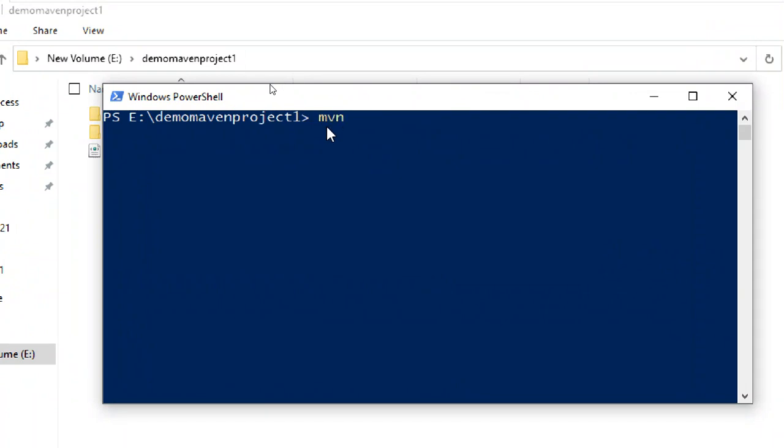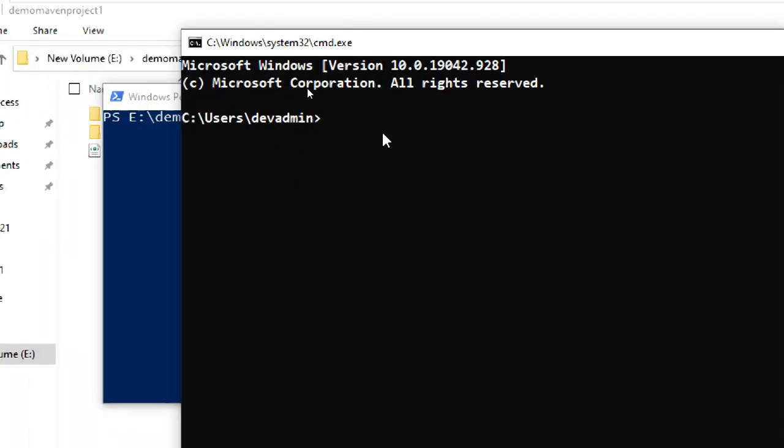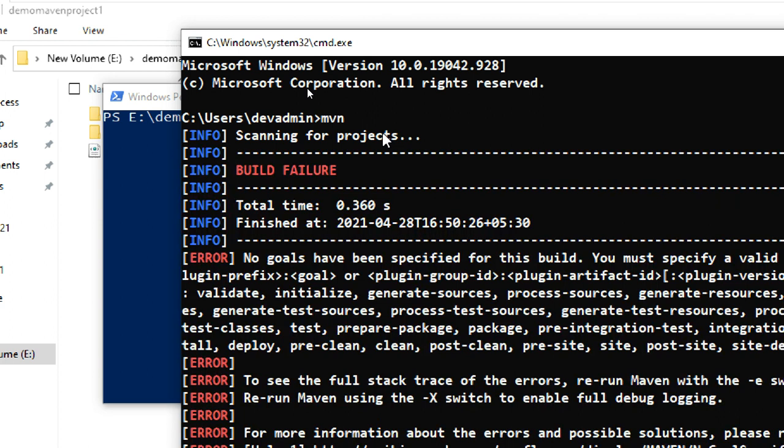First of all, normally in CMD, we have to check whether Maven is installed or not. Very simple: mvn, enter. It will display the Maven commands. Simple, mvn enter, that's enough. So it will display all the mvn commands, what commands are there.